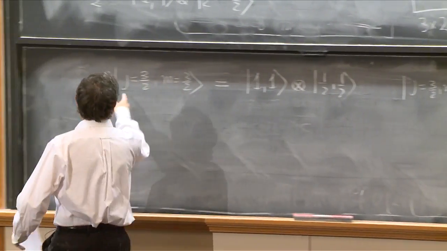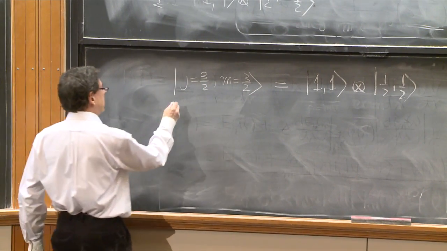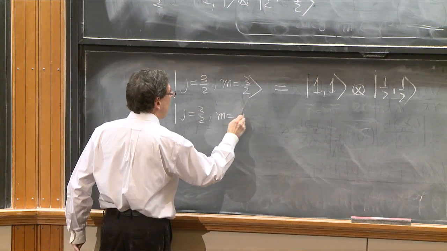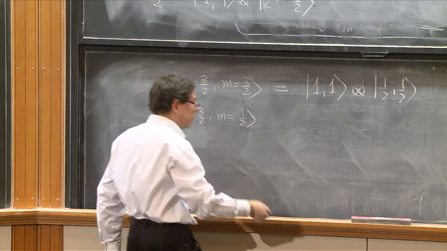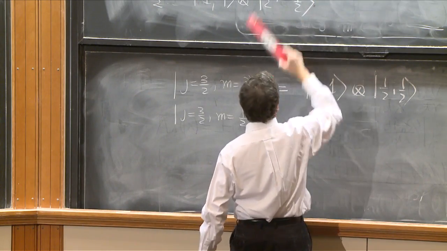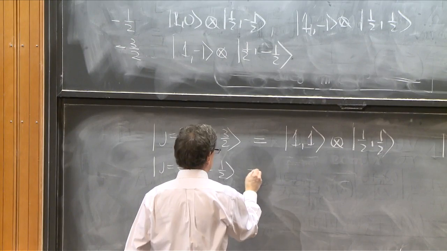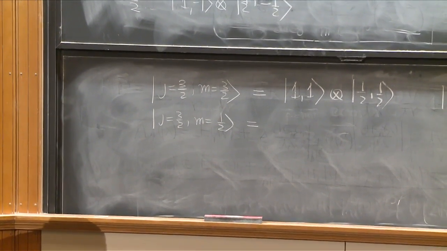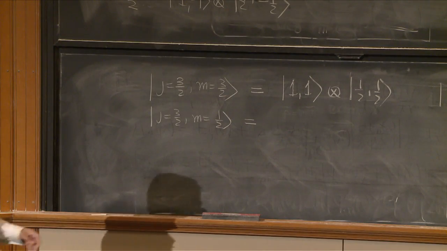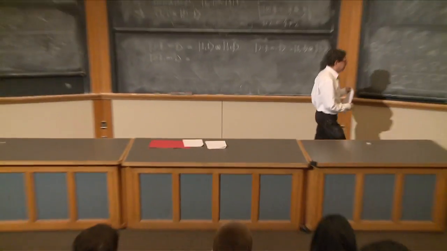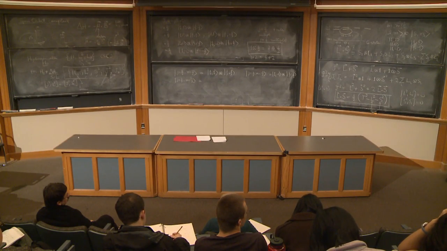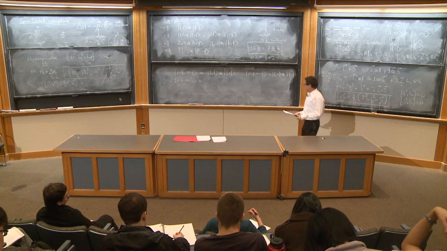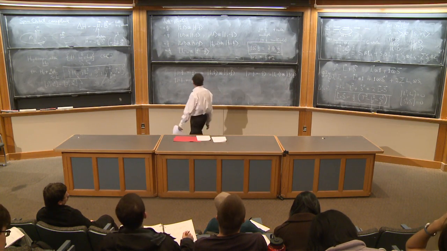The one that we wish to figure out is the next state here, which is the J equals 3/2, M equals 1/2. It's a linear combination of these two, but which one? That is kind of the last thing we want to do, because it will pretty much solve the rest of the problem. So how do we solve for this? Well,